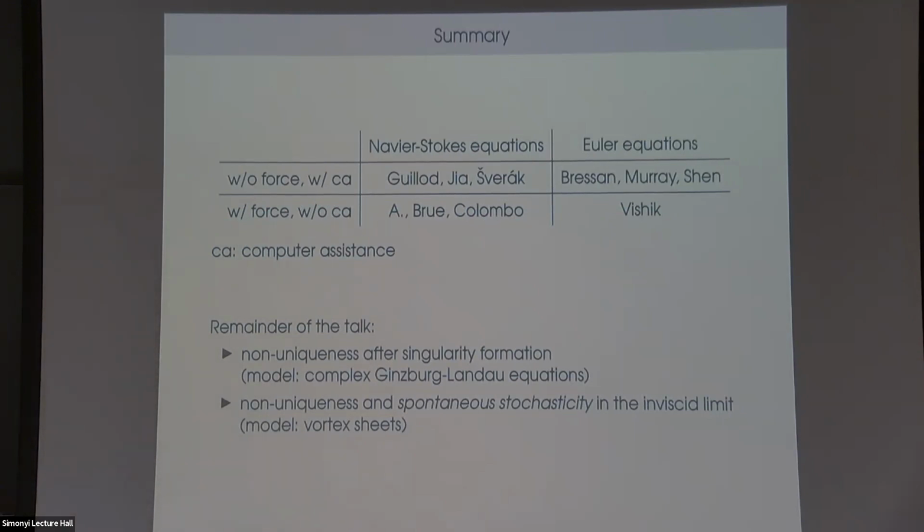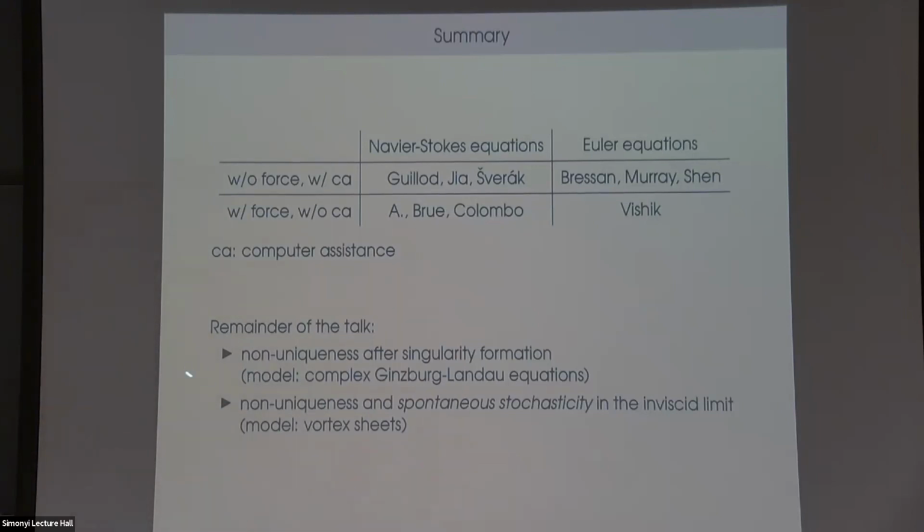Okay, for the remainder of the talk, I want to address two further scenarios, just mention them. I think it'll be food for thought. These are two further scenarios in which we can make maybe better informed conjectures than we can right now for Navier-Stokes. The first scenario has to do with non-uniqueness after a singularity formation. For Navier-Stokes, we don't know whether singularities can occur. The best we can do is start with some singular data and show that things become non-unique, but